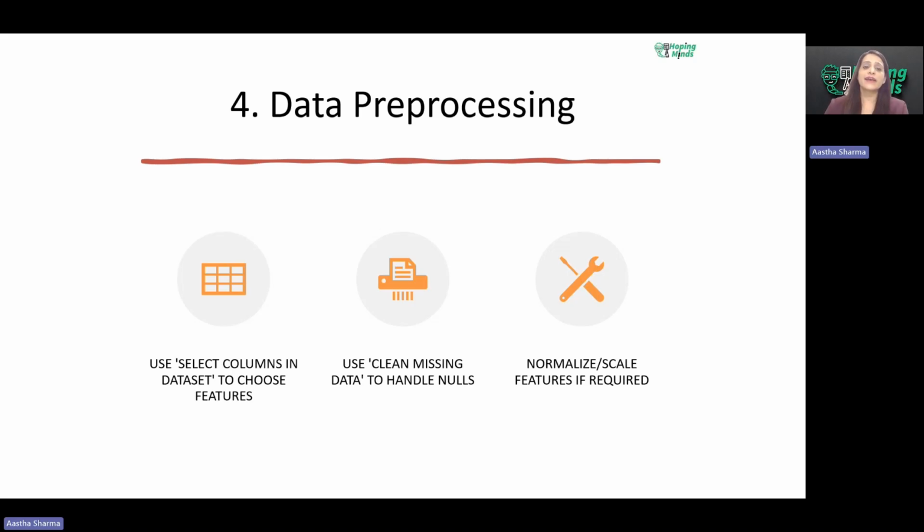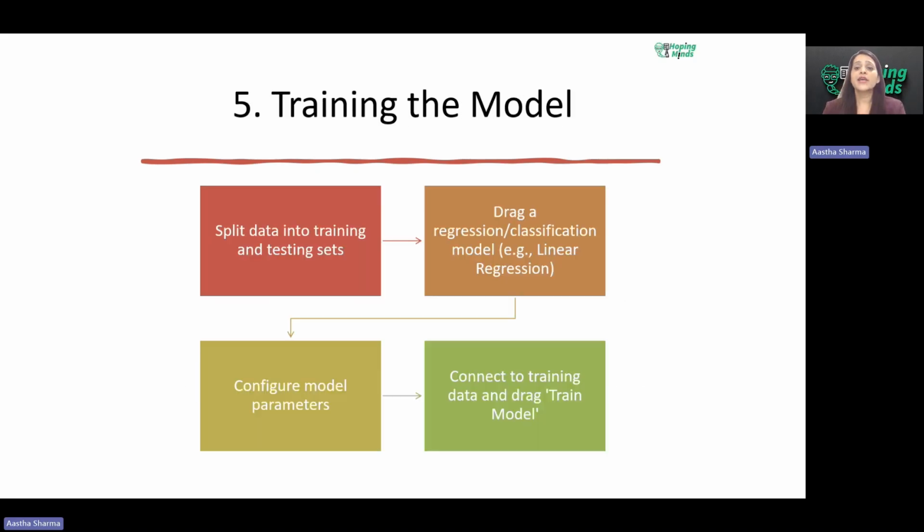Moving forward, it's about training the model. With clean data, we can train the model, right? And that is what we have done in our model. You are going to use split data to divide into 70% training and 30% testing. Choose a model like linear regression or decision tree, drag the train model, and accordingly you are going to put that